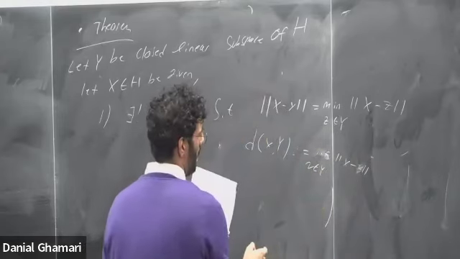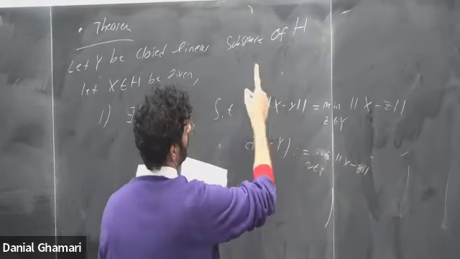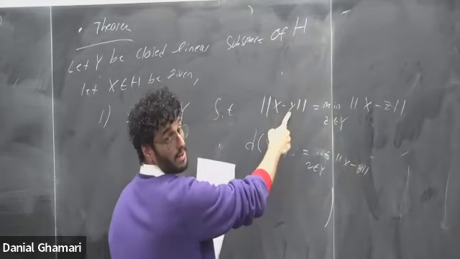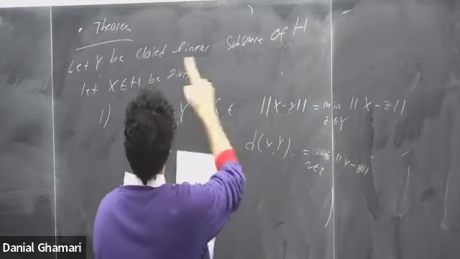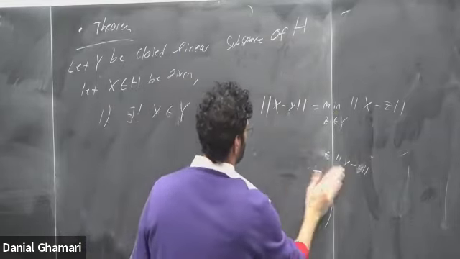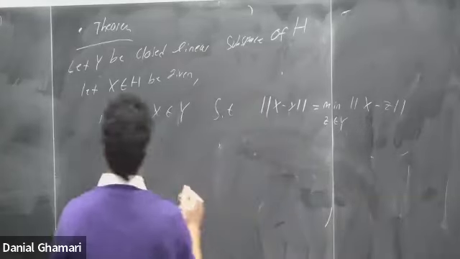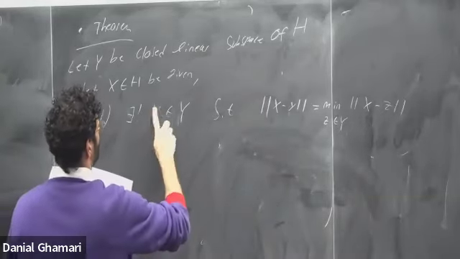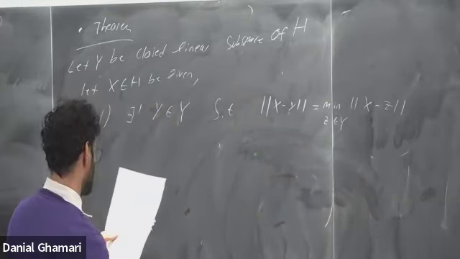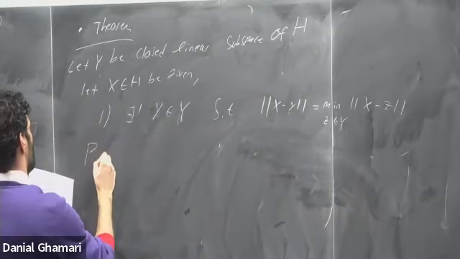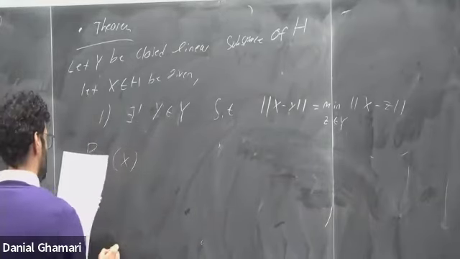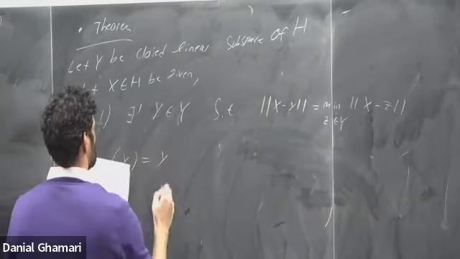Right. So in general, it would be the infimum, but in the case of Hilbert spaces, it's a minimum, and it's obtained within the closed linear subspace Y of H. And it's also unique. Because of this uniqueness, what we can denote is what we call the projection of X onto Y, which is just equal to y.